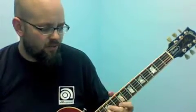I'm doing a D chord here, so fingers 2, 3, and 4 at the 7th fret with my index finger on the high E. So that followed by, let's do this using G, D,